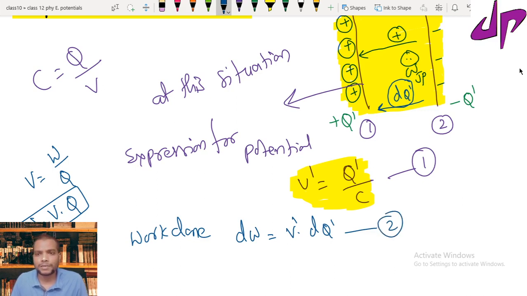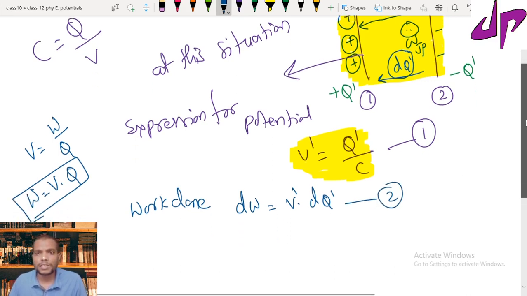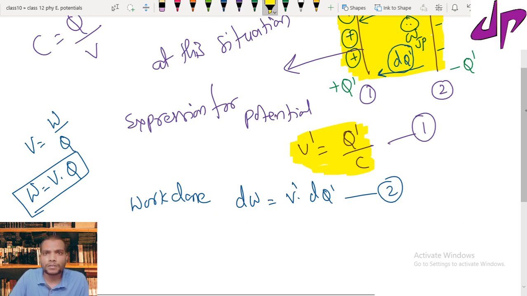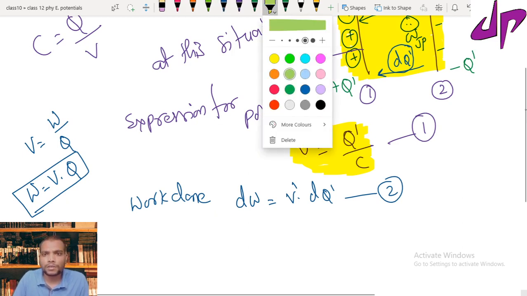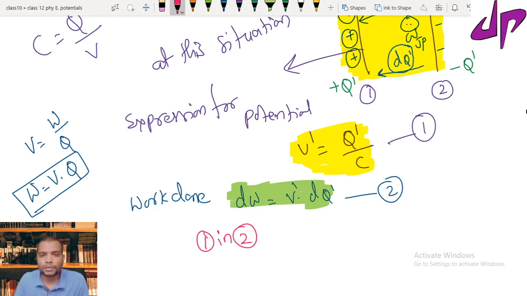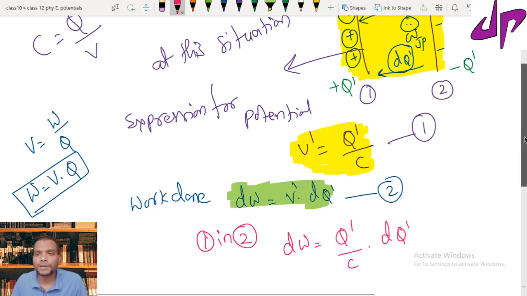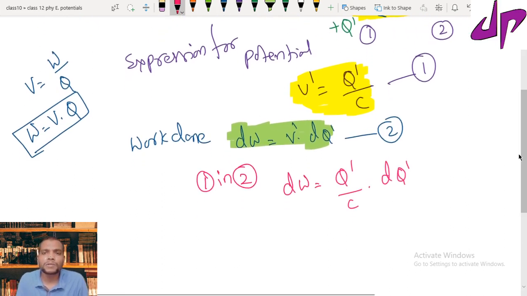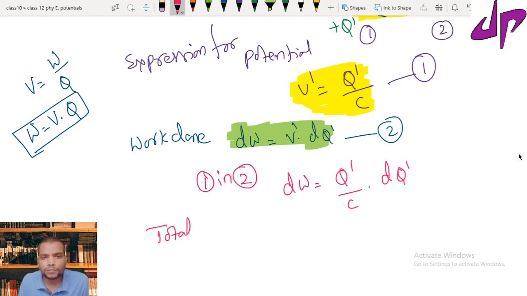Let me take this as the second equation. Now if we substitute the first equation in the second, dw equals Q dash by C times dq dash. That is the small amount of work I did to bring a positive charge from the second plate to the first plate. To calculate the total work,